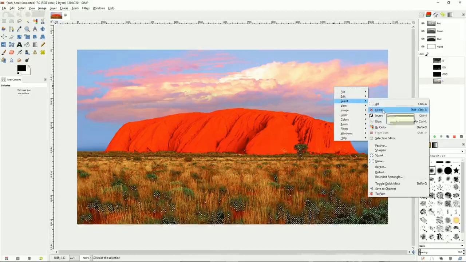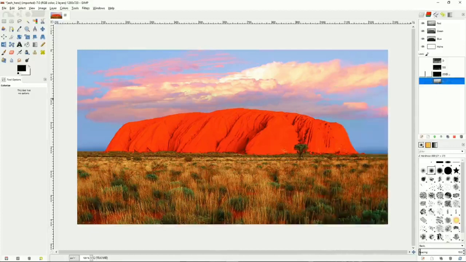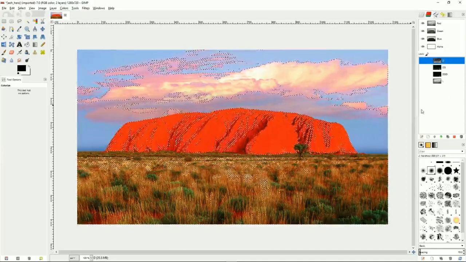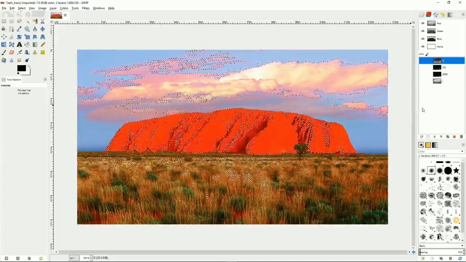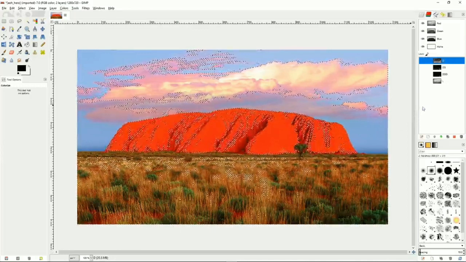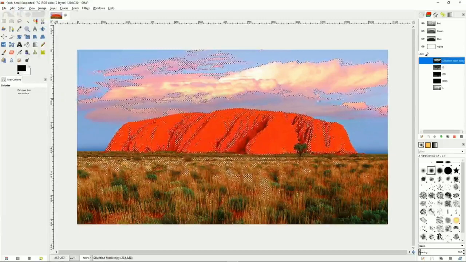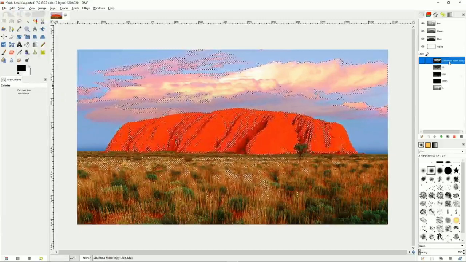So select none, then go to our darker parts of our image, select all, and when you do this, you will get the lighter parts of the image instead of the darker parts, and you will do the same thing as you did before, which is you will click Save to Channel, and then